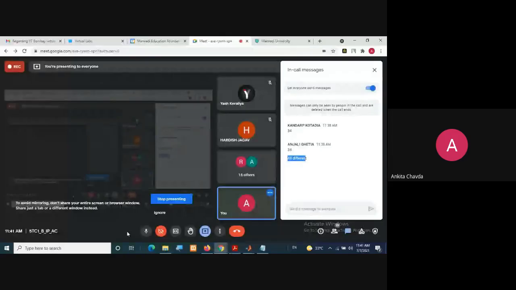I'm giving the same size, which is 2 cross 3, but with some different values. Okay, and now if I try A into B, it won't work. Why? Why won't it work? Because... yes, anyone?